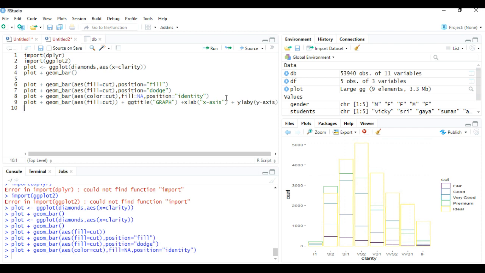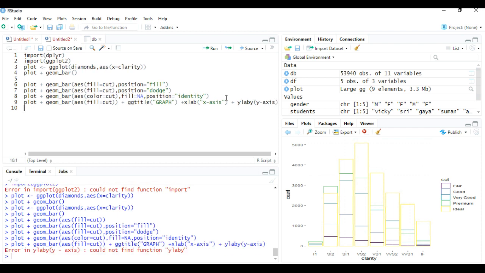Now let's run this line and see the output. Could not find the function labbing. Sorry, I used labbing here. No labbing, only lab. Yeah, now run this line.